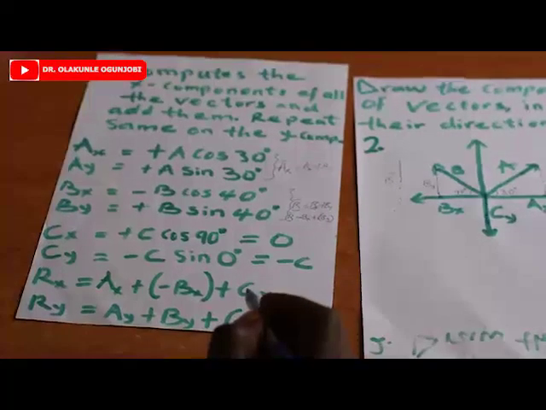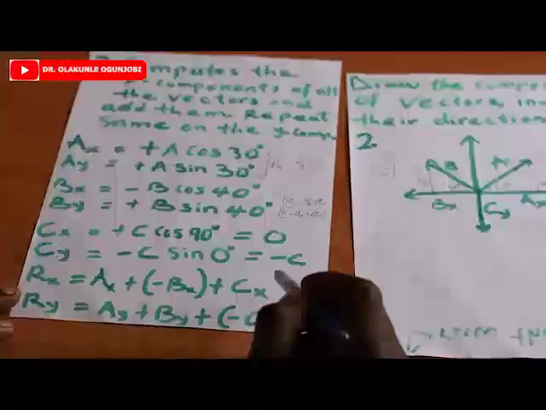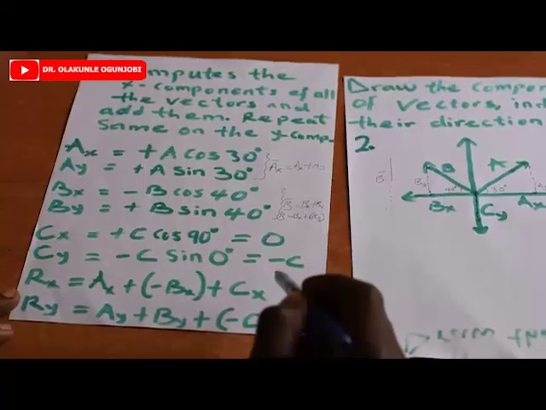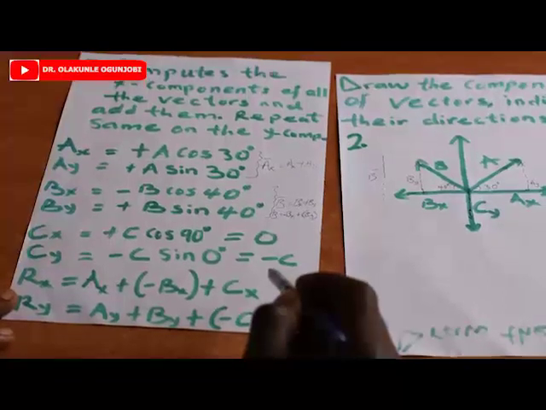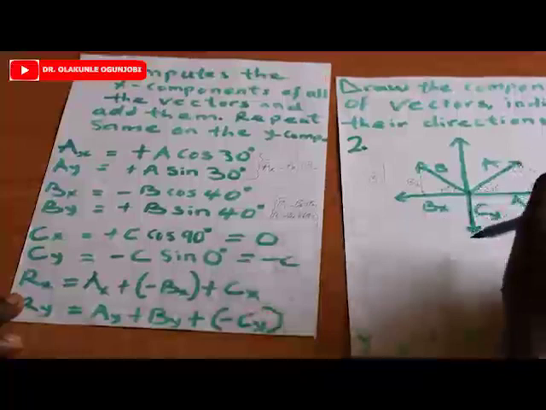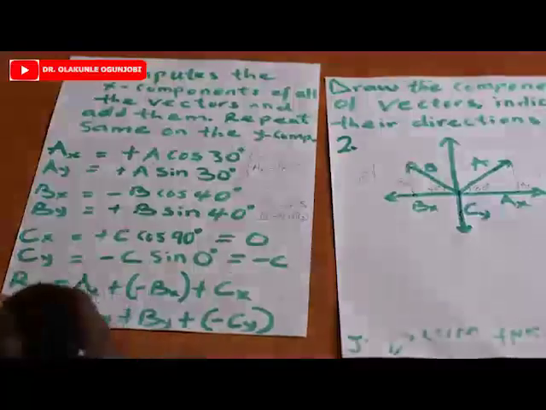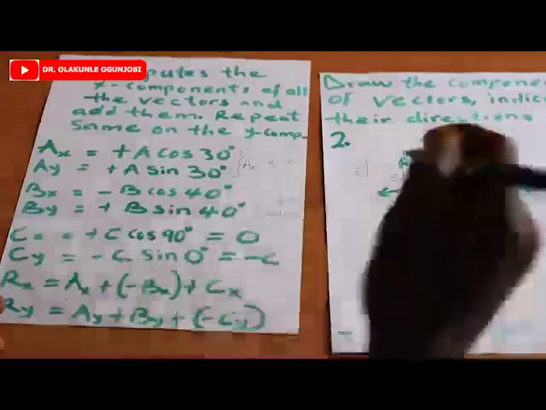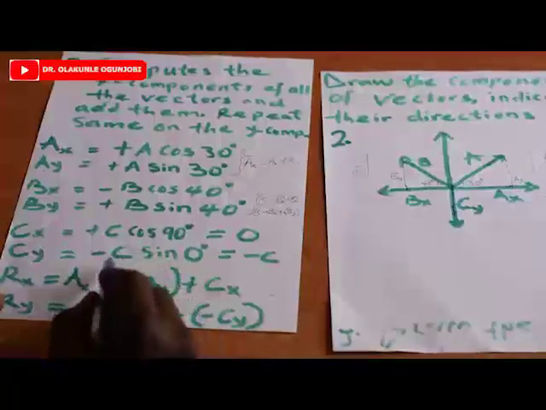Because the bx is on the negative x axis. But in the case of c, you see the cy is on the negative of the y-axis. So that's why in this case you have minus c